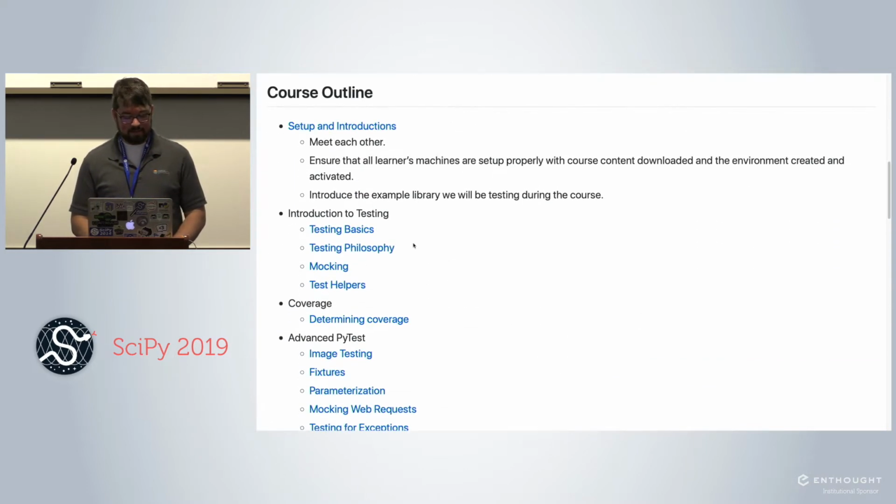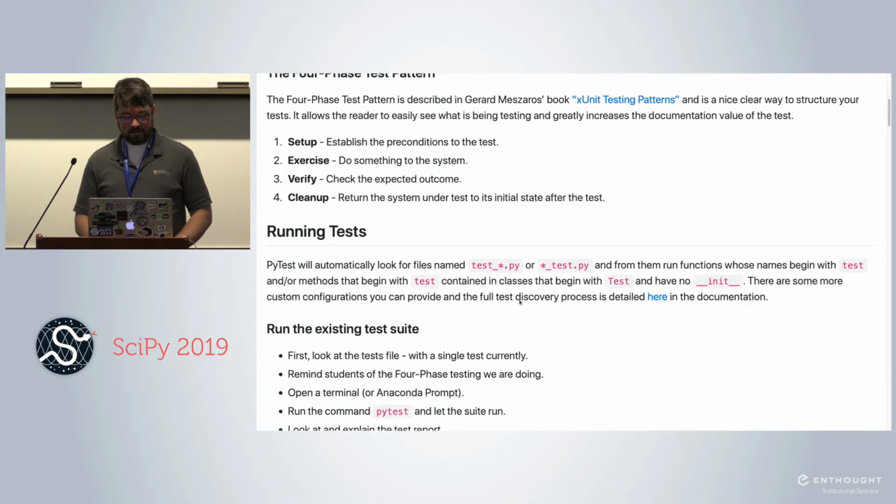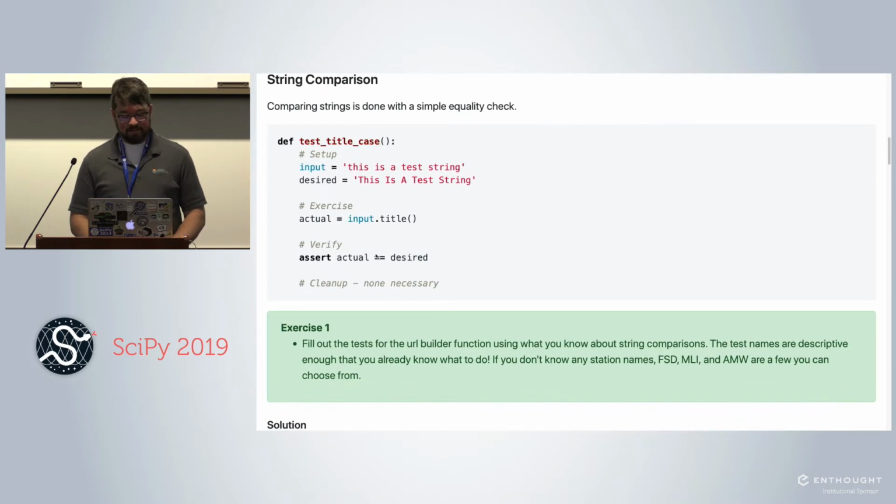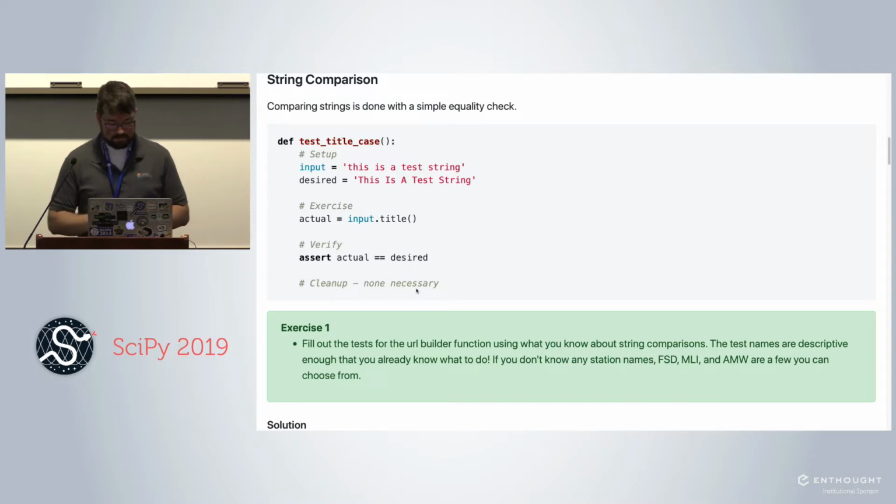On the course webpage, right now we're in this testing basics section. There are some of the things I talked about, which should look very familiar. And here's the test that we just wrote. So all of the things that I'm going to write are on the webpage in case you need to step out.